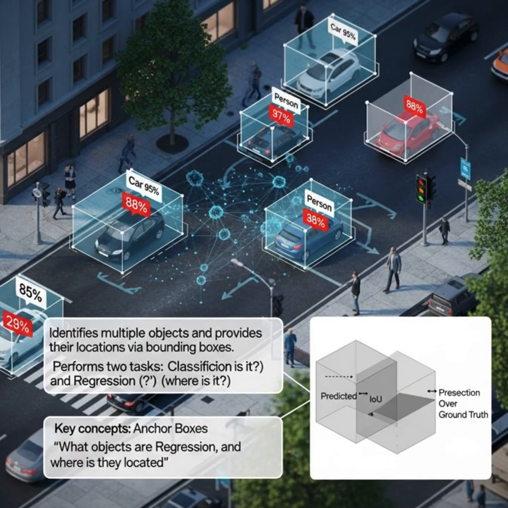Object detection takes a significant leap forward. It doesn't just classify, it localizes. The output isn't a single label, but a list of objects, each with a class label and a bounding box, the coordinates defining its location. This fundamentally changes the problem. The network now has two jobs, classification and regression. It has to classify the object inside a potential box and regress the precise XY coordinates, plus the width and